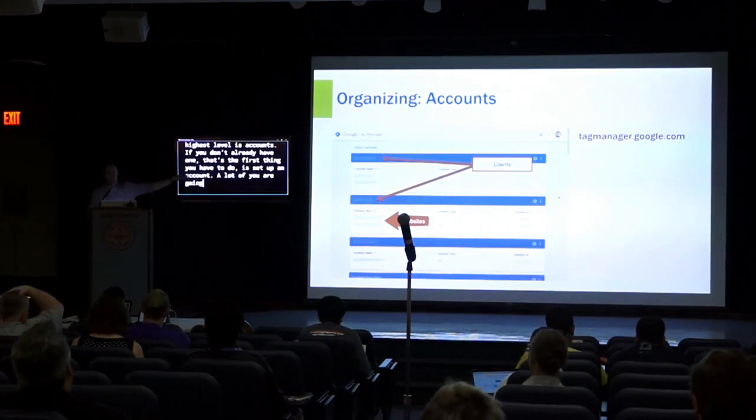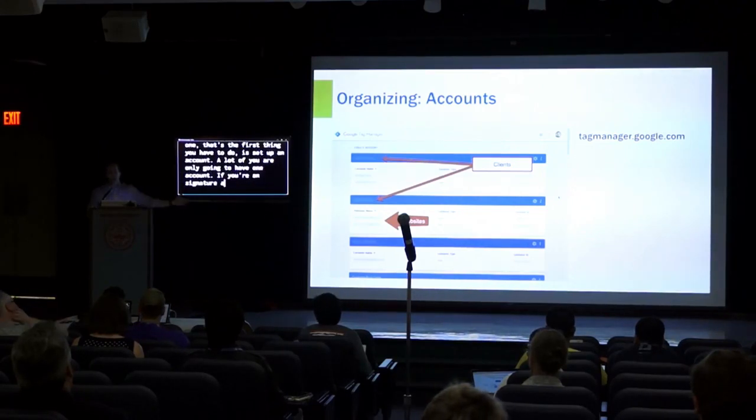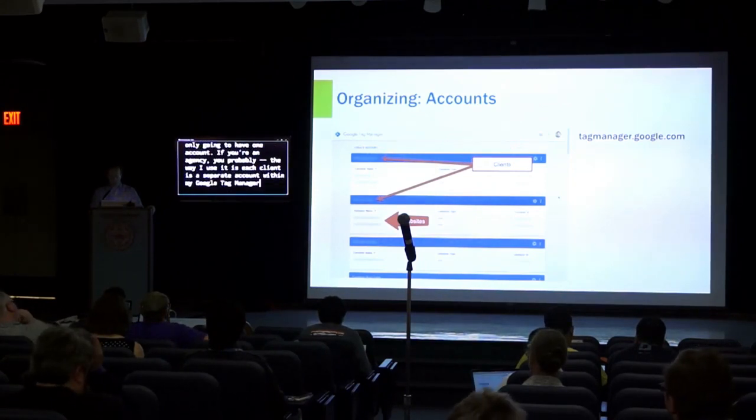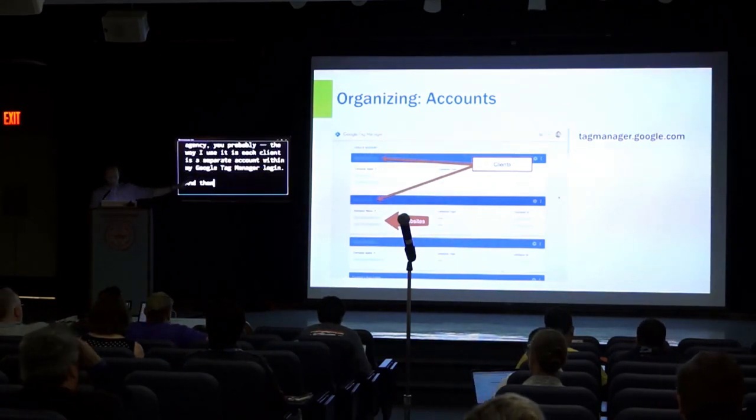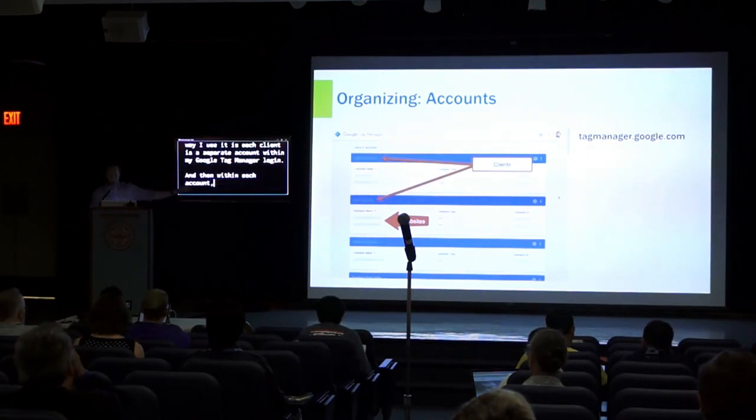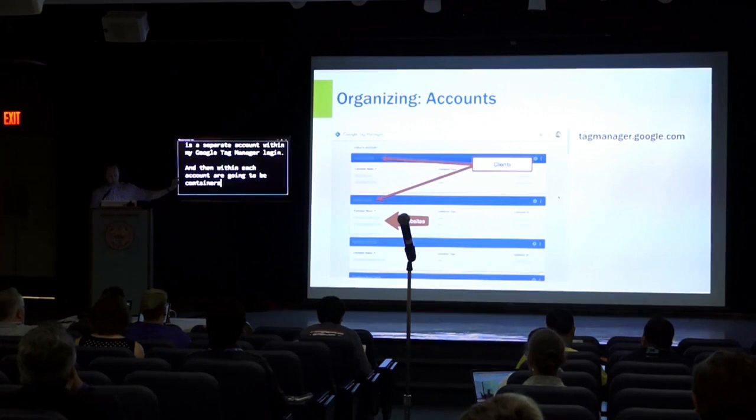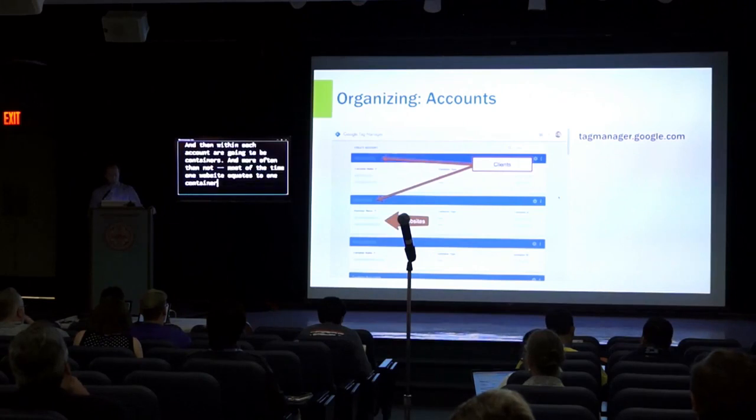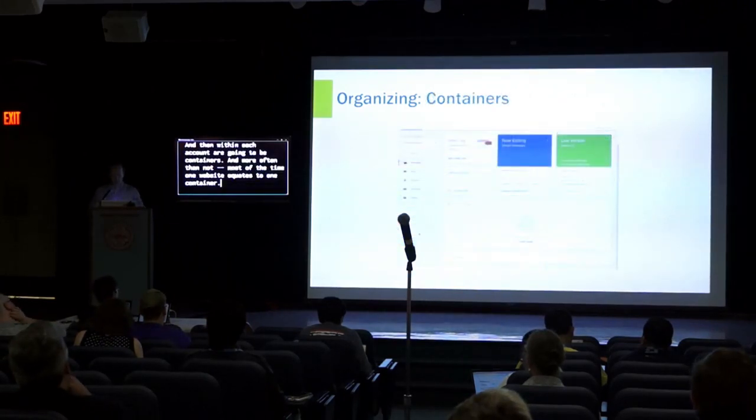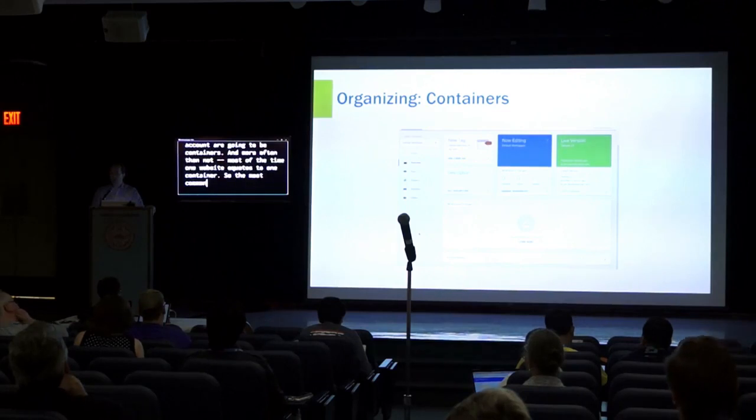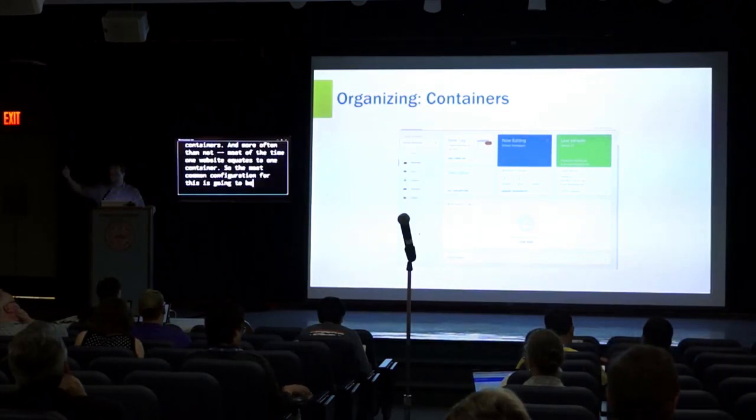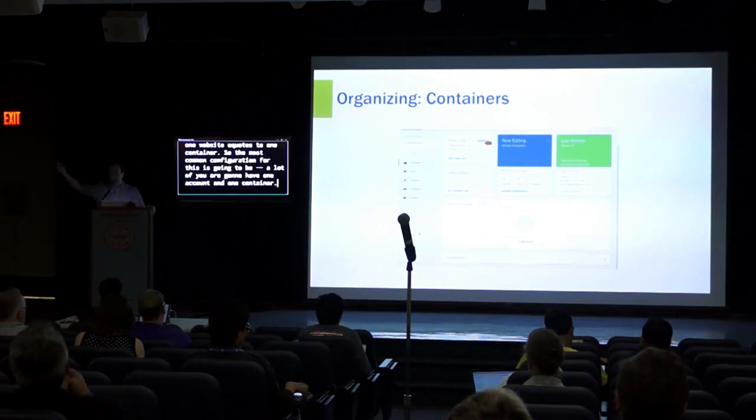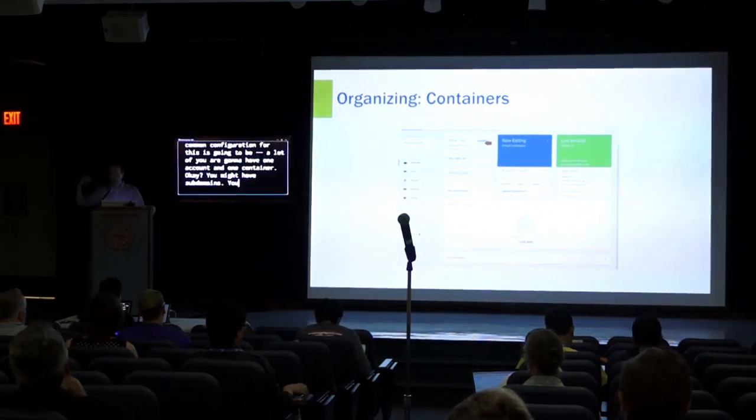If you're an agency, the way that I use it is each client is a separate account within my Google Tag Manager login. And then within each account are going to be containers. More often than not, one website equates to one container. So, the most common configuration is that a lot of you are going to have one account and one container, okay? You might have subdomains, you might have multiple websites within a particular account,